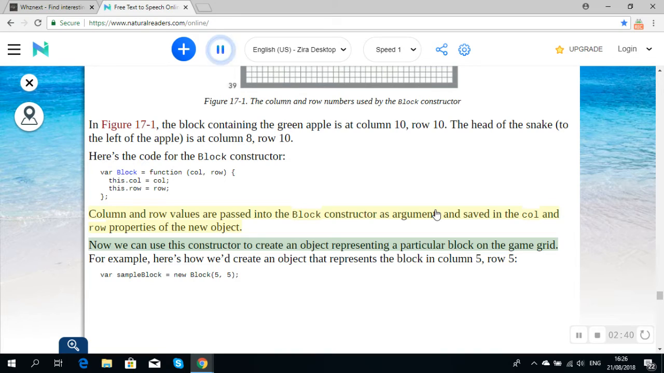For example, enter this to create an object that represents the block in column 5, row 5. var sampleBlock = new Block(5, 5);